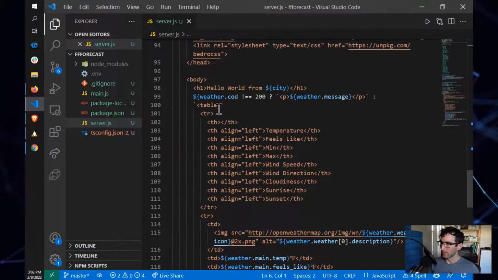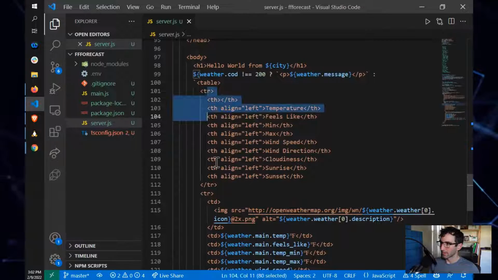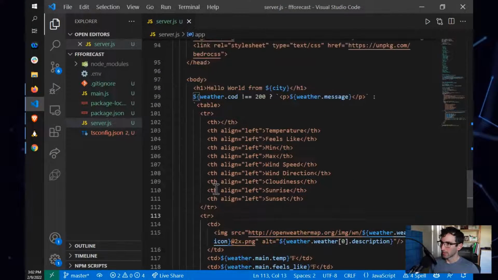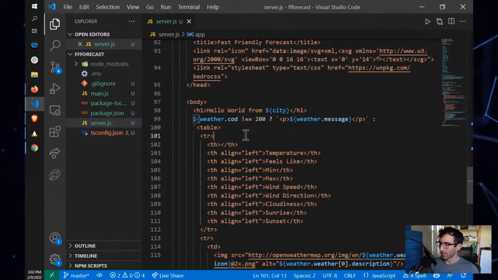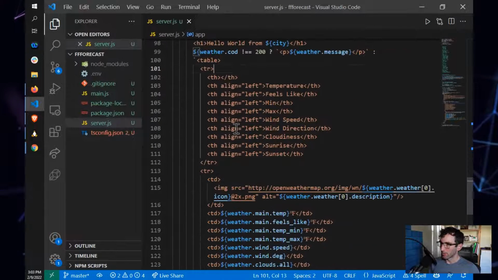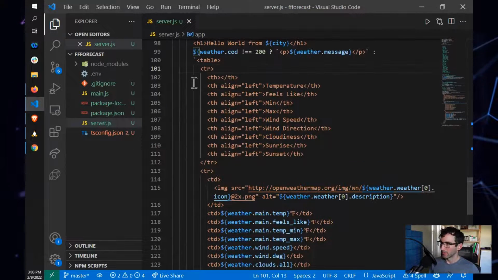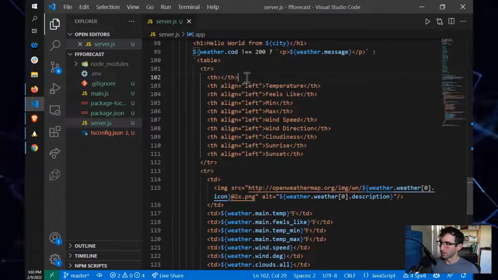And instead of doing this table, oh look at that, I didn't even use the table head or the tbody. That was bad. Instead of having these headers and data cells in separate rows, I'm going to